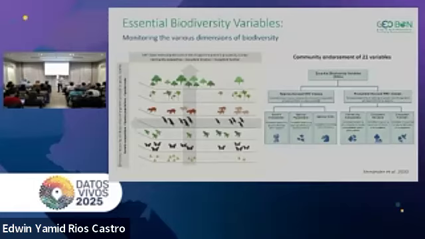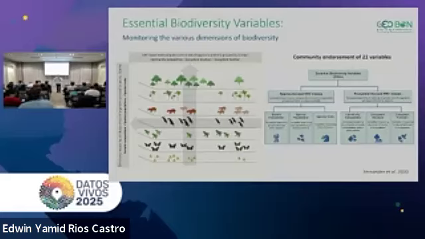For example, what is the spatial variability in the distribution of populations, or the variability in abundances, or genetic composition, etc. A typology has been derived from this variability by different groups of experts of GEO BON, and this is what we call the different essential biodiversity variables, which are classified in different classes.